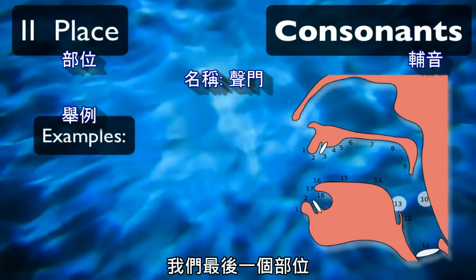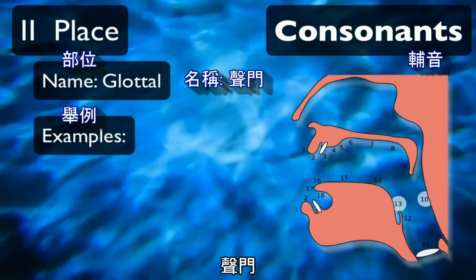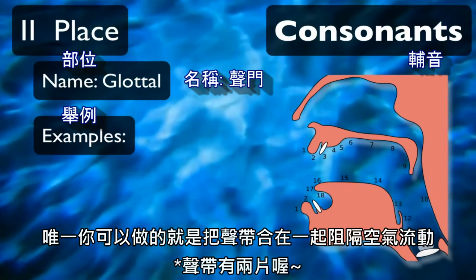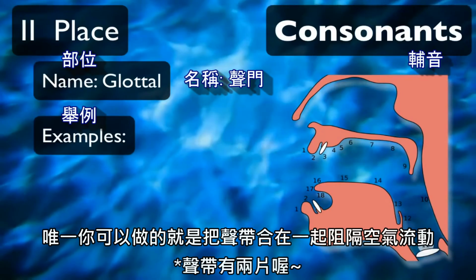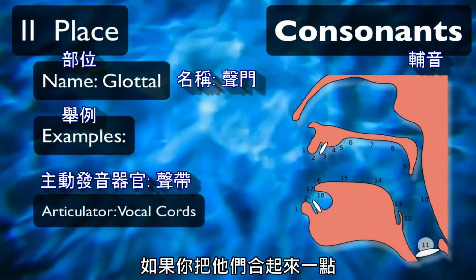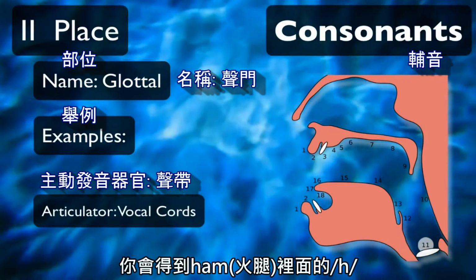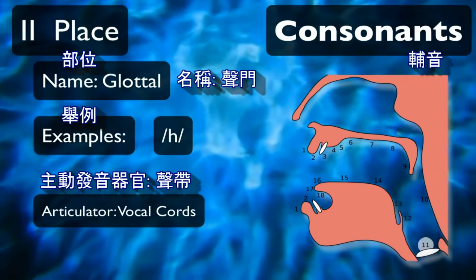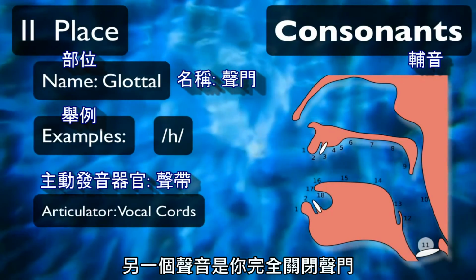Our last place, number 10, is glottal. This is right at your vocal cords, and the only thing that you can do to stop air from flowing is bring your vocal cords together. If you bring them together a little bit, you're going to get the sound h, as in ham, our H sound. The other sound is when you close them completely. You get this sound,